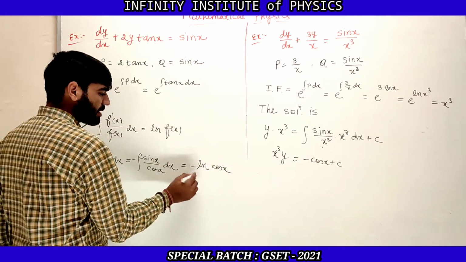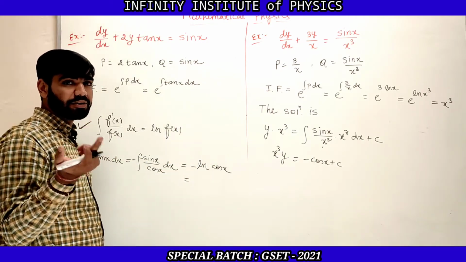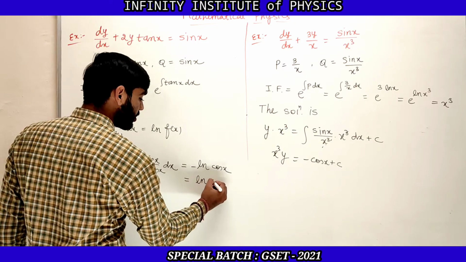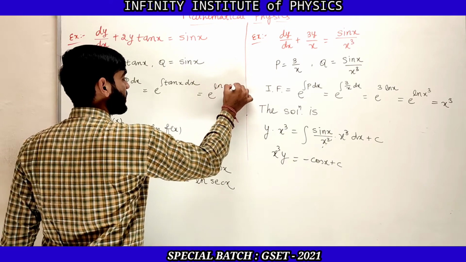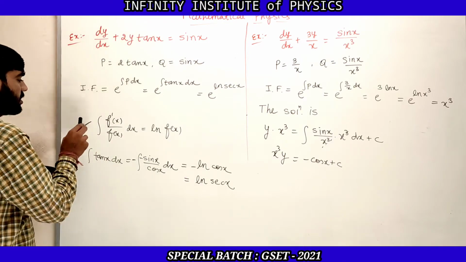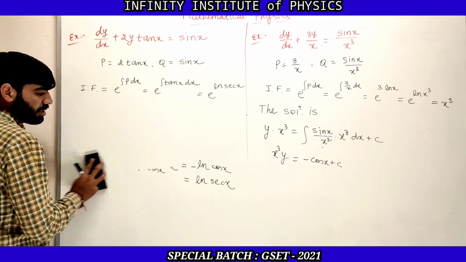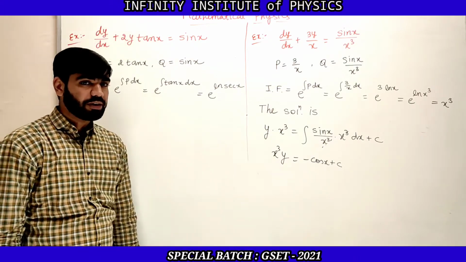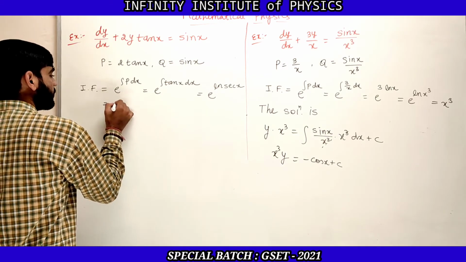Or we can write it as it is. Now minus is in multiplication, so we can take it into the power. So cos x raised to minus 1, and we know that cos x raised to minus 1, that is 1 upon cos, and 1 upon cos, that is sec. So this can be also written as log sec x. So this is e raised to log sec x. If you do not remember that formula of integration of tan x, then you can find out by these ways. So it is e raised to log of sec x, and e raised to log of sec x, that is only sec x.